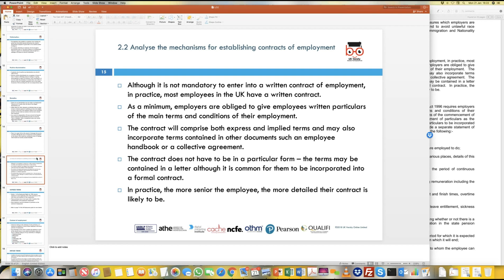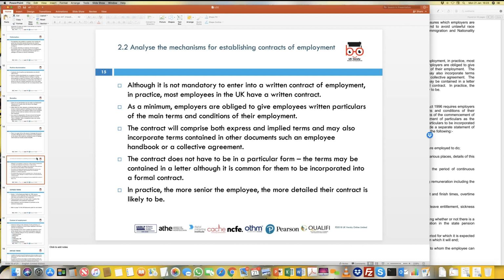Now, the reason why they do this is that having a written contract or written agreement clearly defines the terms and conditions for the employment. This is what is expected, this is what your job description is, this is what your working hours are, this is what you'll get in terms of compensation, rewards or benefits, and this is what is expected from you in terms of discipline, decorum, roles and responsibilities, basically adhering to the code of conduct, and this is all defined in the written contract.